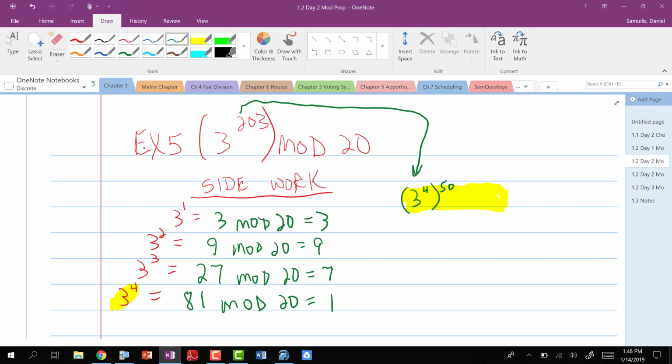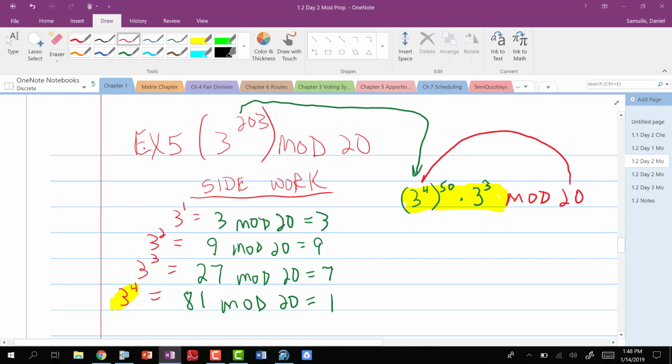We want this still to be 3 to the 203 power, but that 3 to the 4th is very powerful. When I mod 20 that, you get the 1, and then it really reduces this question to be something very simple to do. By the way, what's left over? 3 to the what? 3rd, through the adding of exponent rules. So this does, mathematically, through math 2, maybe even math 3, this is equivalent to 3 to the 203rd power, just using exponent rules. Now let's do the magic of mod math and using the rules liberally, quite liberally, which says, you know what,